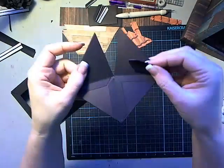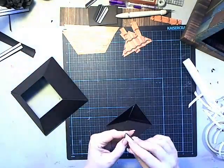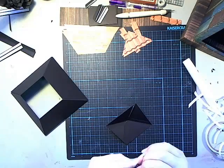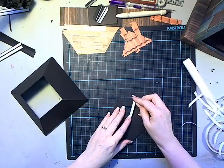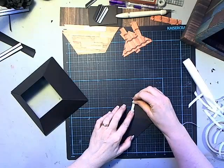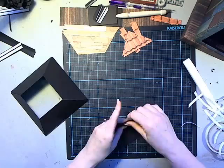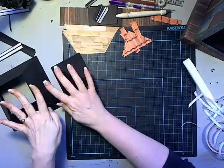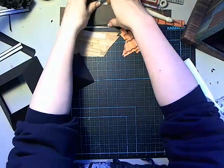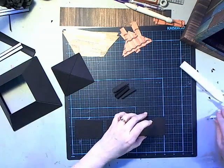Okay, so then we've got this little gap thing, and when we bring it together, it makes our roof be at a peak. So those all come together and form our peaked roof for the top roof. So there's our 2 roof pieces, and then we have our upper